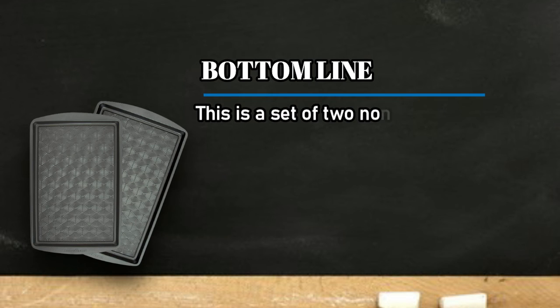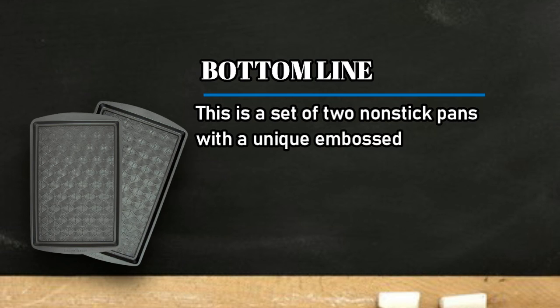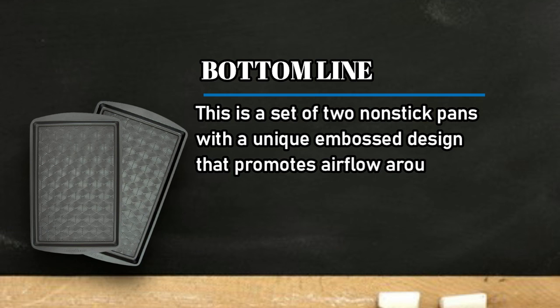Bottom line: this is a set of 2 non-stick pans with a unique embossed design that promotes airflow around your